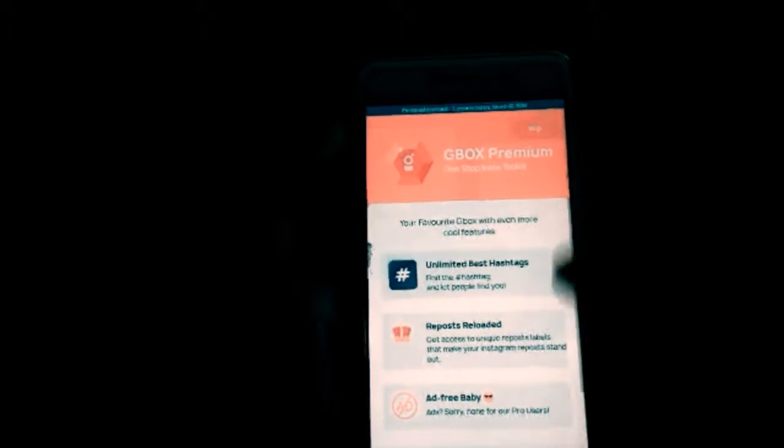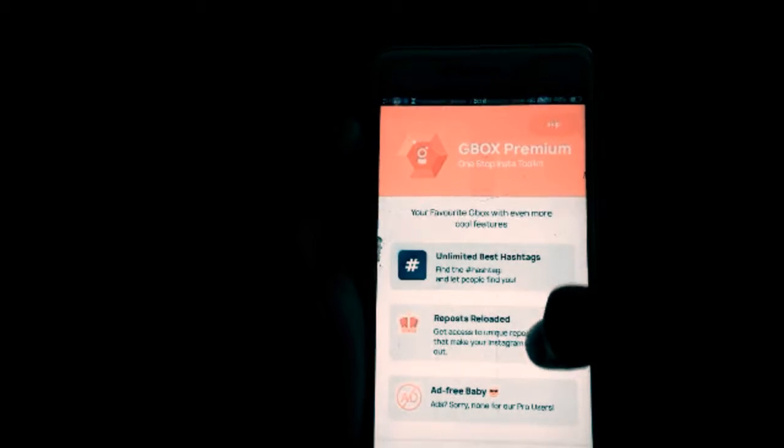It also has a paid version which just unlocks two more features for you guys,